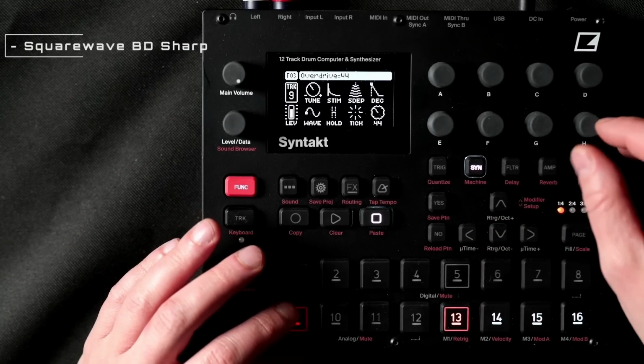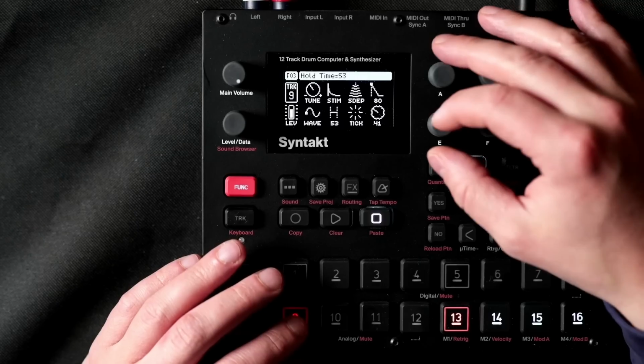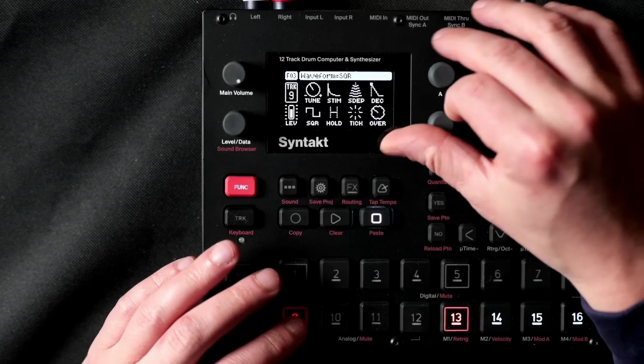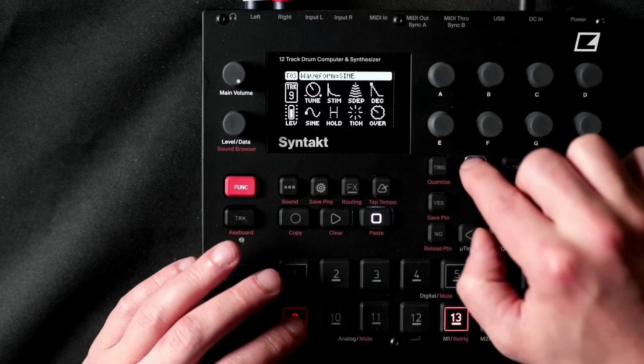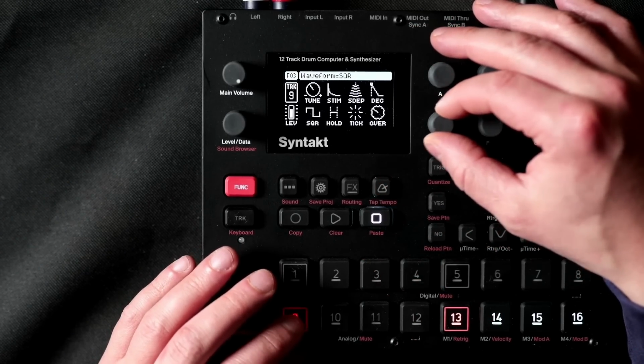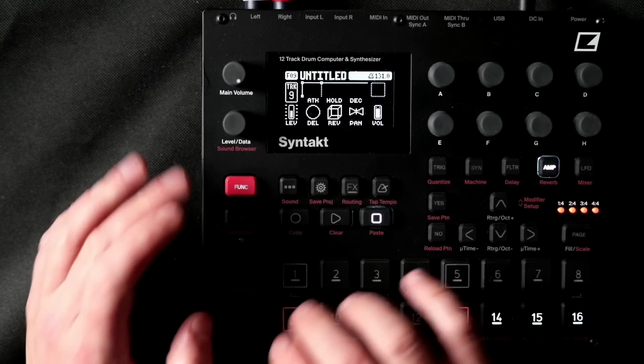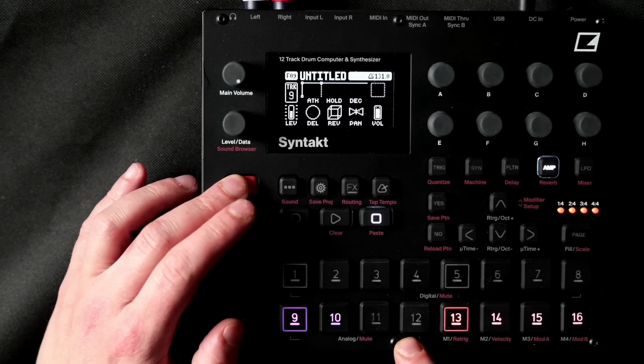And last but not least, I guess, it's a small addition, but hey, it's a nice have. Everything extra is welcome. On the BD Sharp machine, we now have a Squarewave. Those are the new additions, and here is the groove that I created. It's just 4 analog tracks, and I